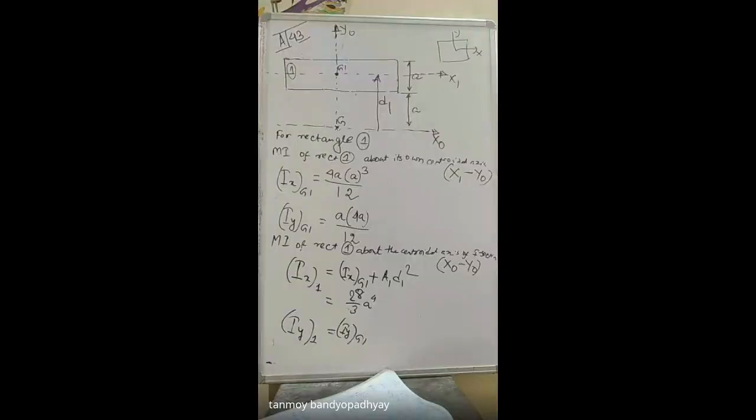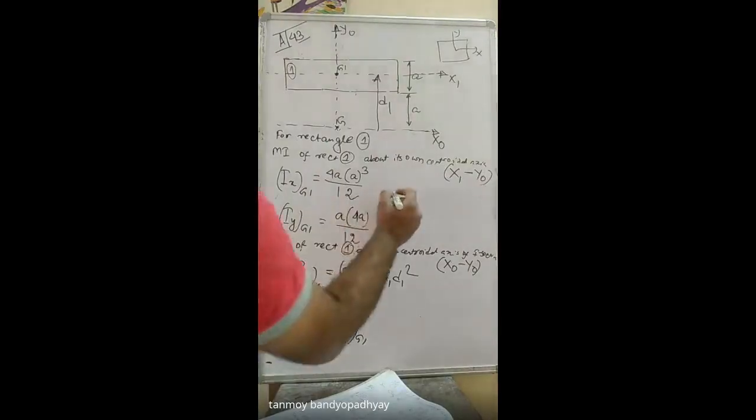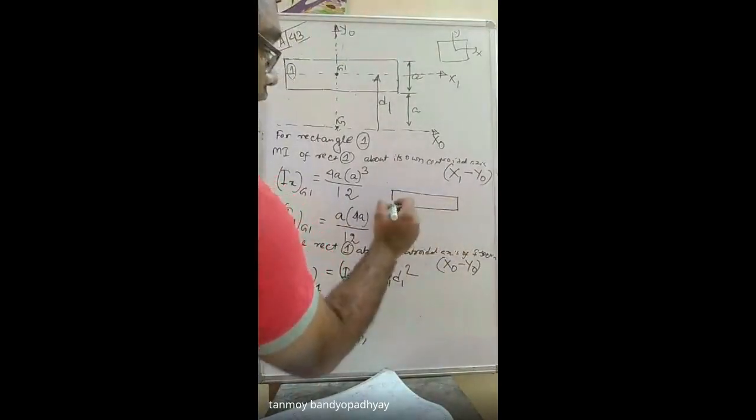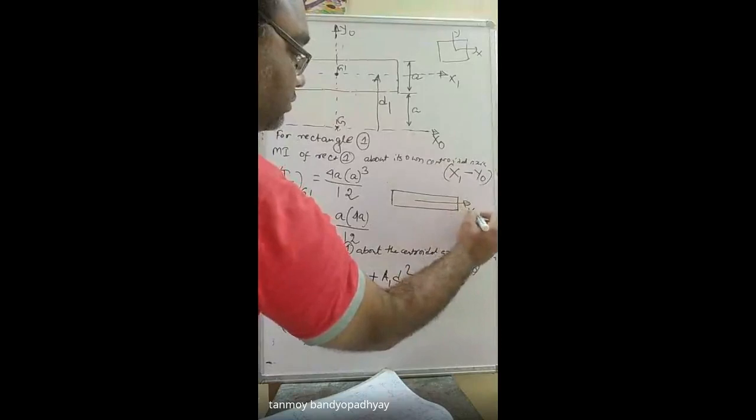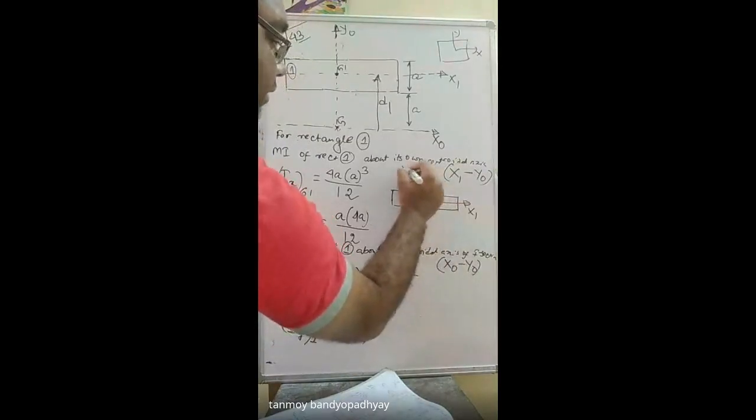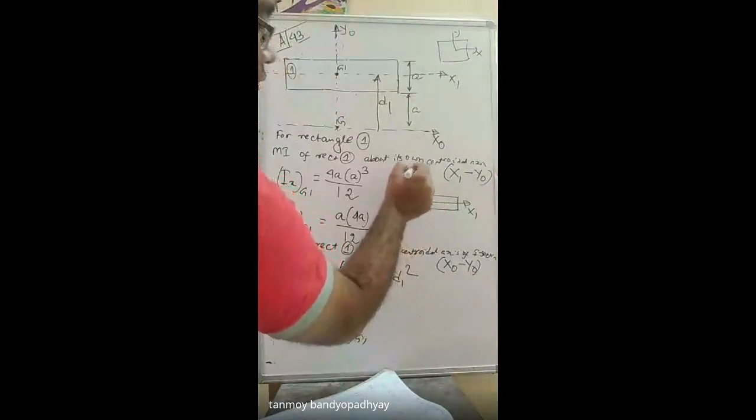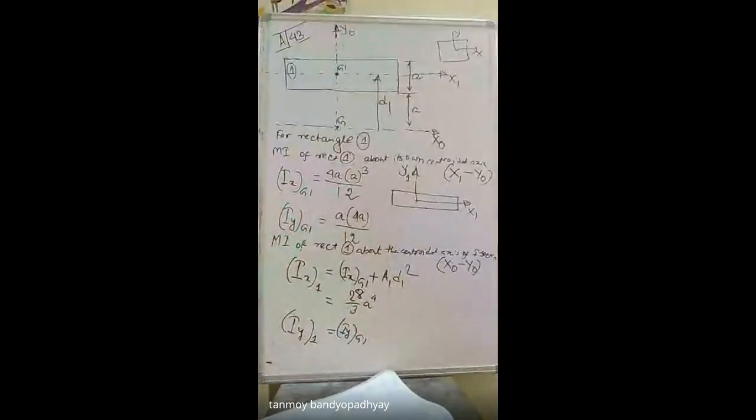Okay, see the rest. If you are having any questions here, ask me. This place is very important. This procedure that I did, this procedure is very important. Okay? This procedure is very very important. I could have done this in x1 y1. So this is just a local coordinate system that I am defining. And since this y1 is coincident with y0, I have written it as y0. Okay?